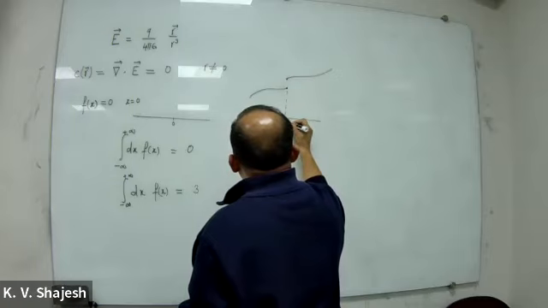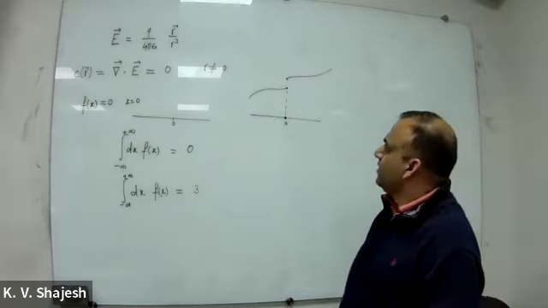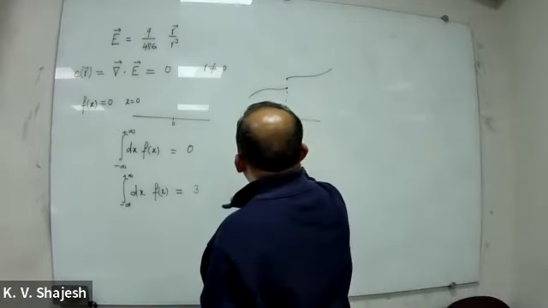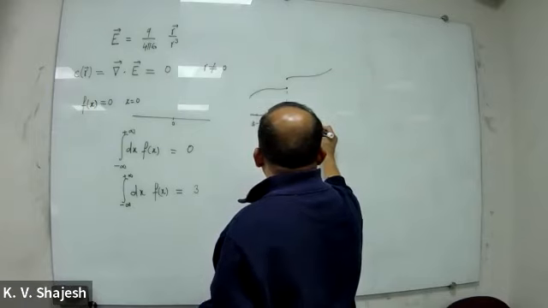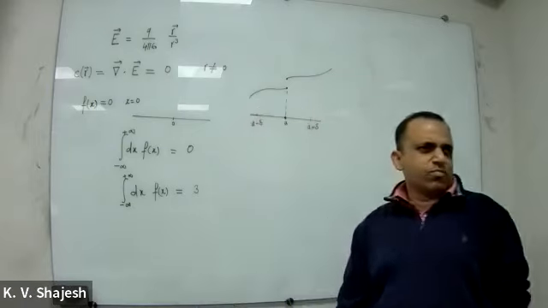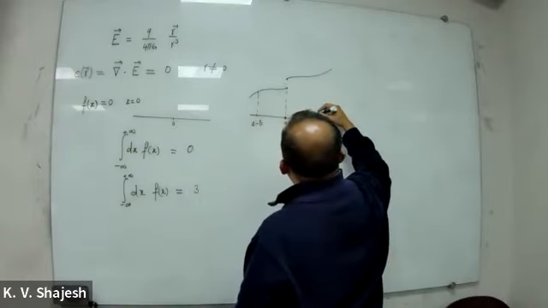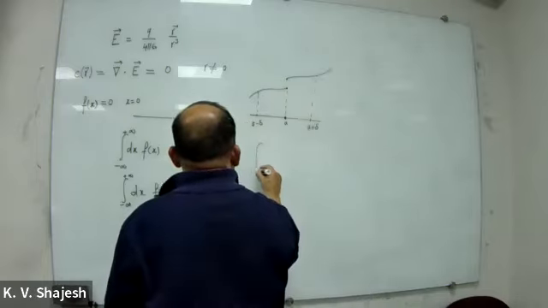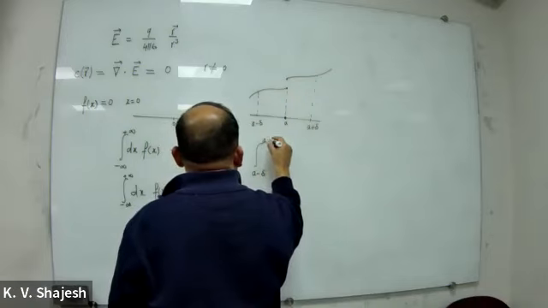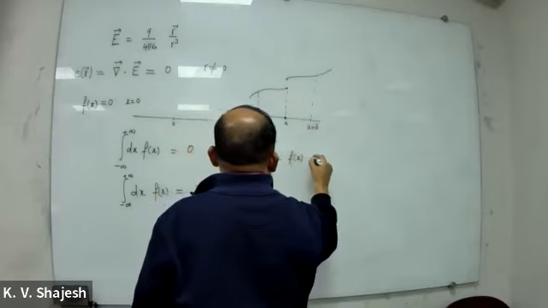So let's say this is A. And I integrate this from, let's say, a minus delta, and this is a plus delta. Delta is a positive number, so I'm coming from this side, and I'm going to here. So the area, this is an integral, let's say from a minus delta to a plus delta, dx of f of x is equal to,